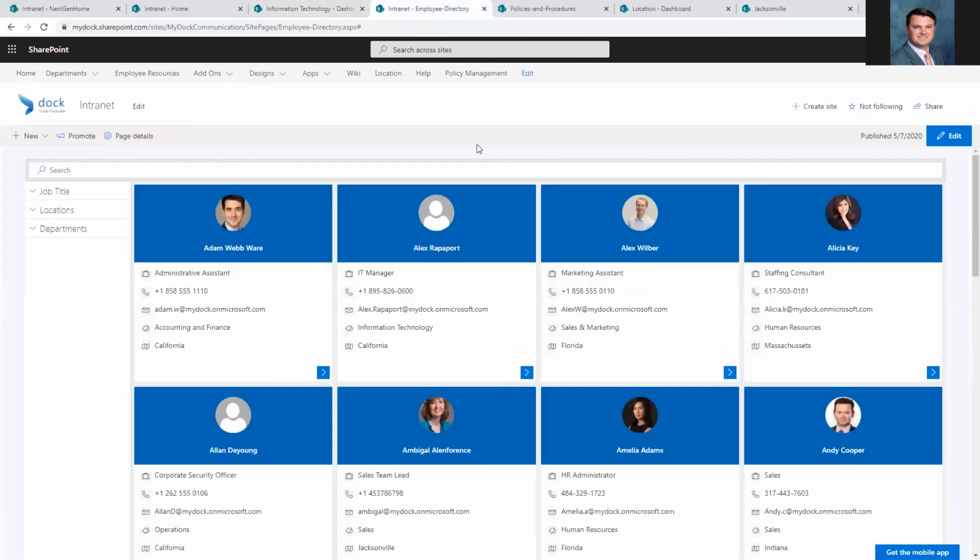And then maybe if I wanted to find somebody outside my department, I have our employee directory here. I can easily search for an employee right here. This is customizable even after deployment, so we can show just picture view, detail view, or list view.